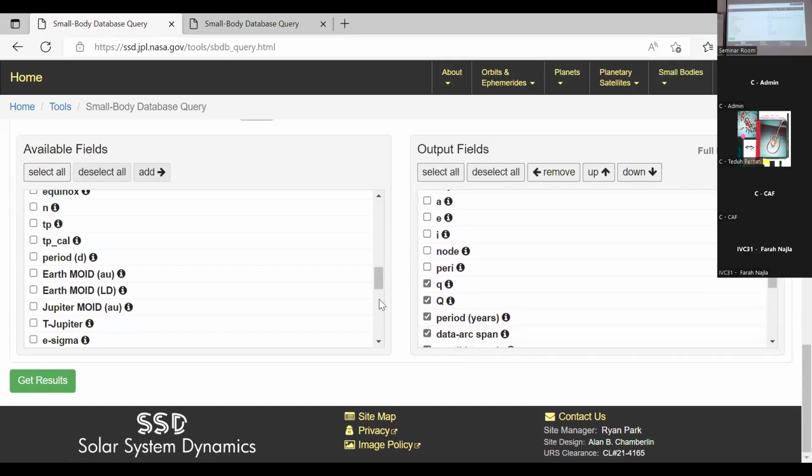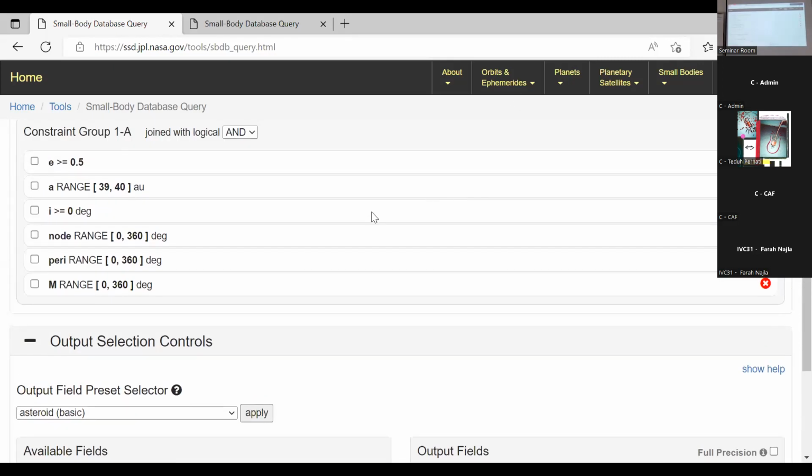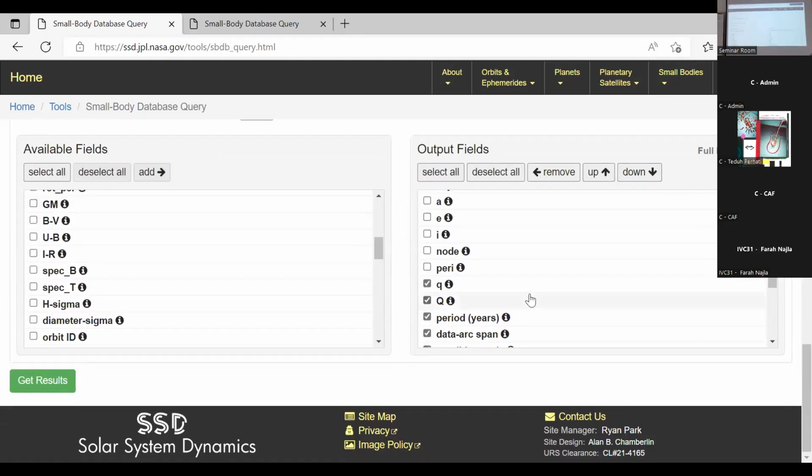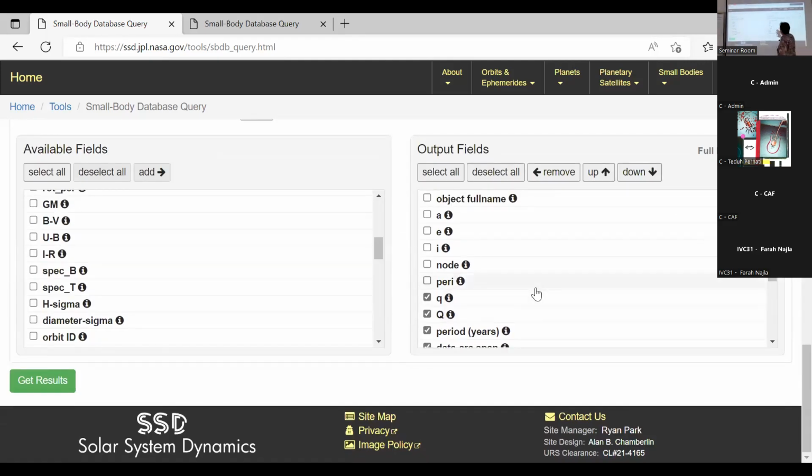Okay, back to this, we have the 6 orbital elements. If we select basic for asteroid, there is no mean anomaly. There is no M. So you take the M from available fields, check and add to the right one.